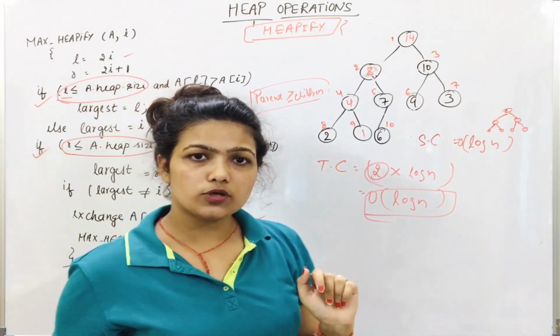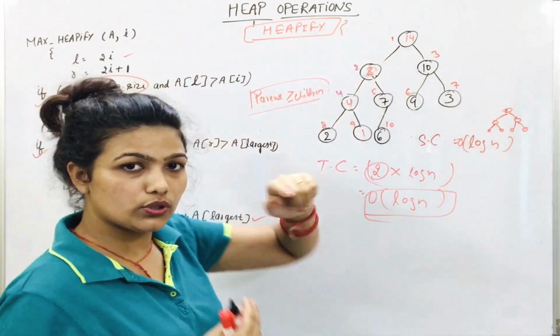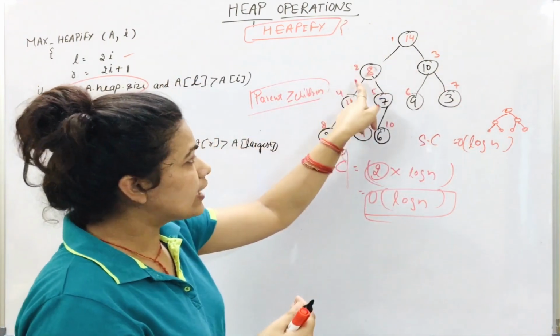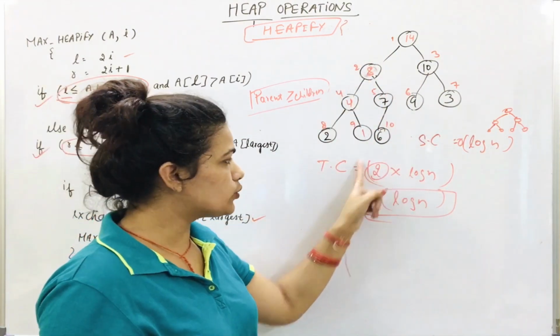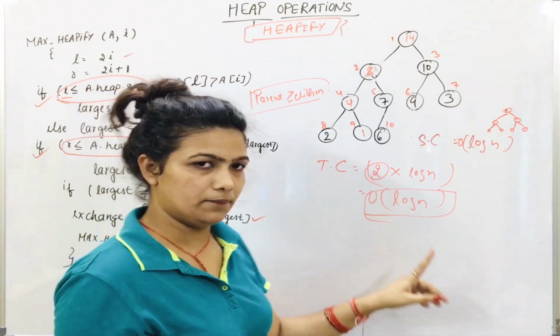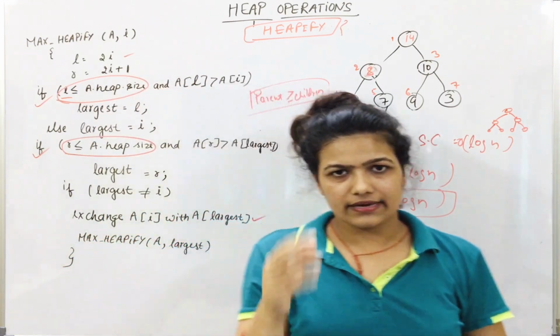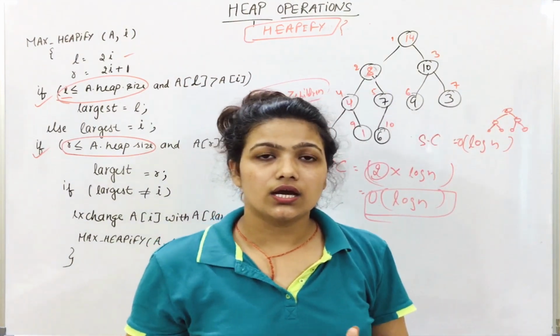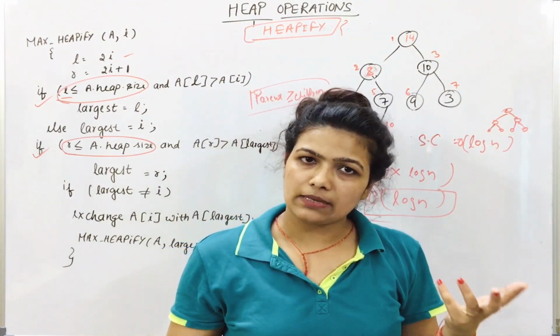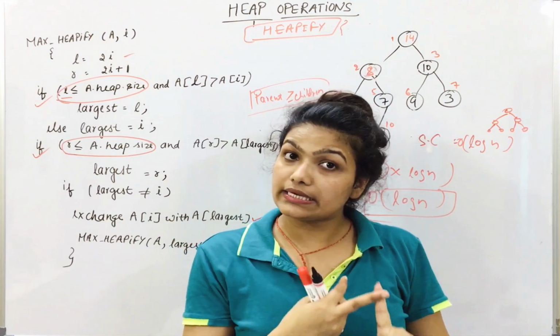And if we talk about time complexity, mainly how many comparisons we are doing to move to the next level. We are doing 2 comparisons, and the total number of levels is log n. Simply 2 will be ignored. You can remember simply log n. So you can remember one more thing: all heap operations take order of log n time. Time complexity will be the same for all the heap operations.